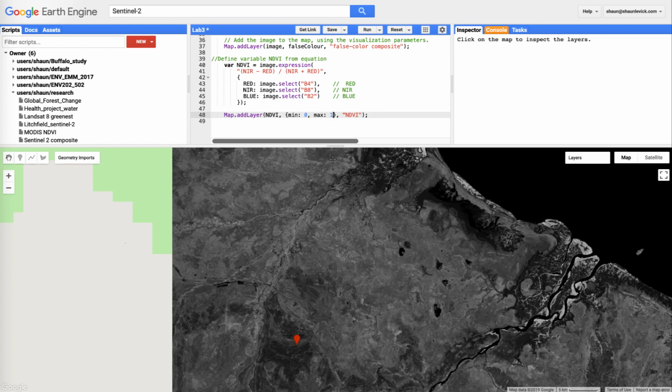For example, if we type palette, and we did cover this in lab 1, in between square brackets we can define some colors, say go from brown through to green,